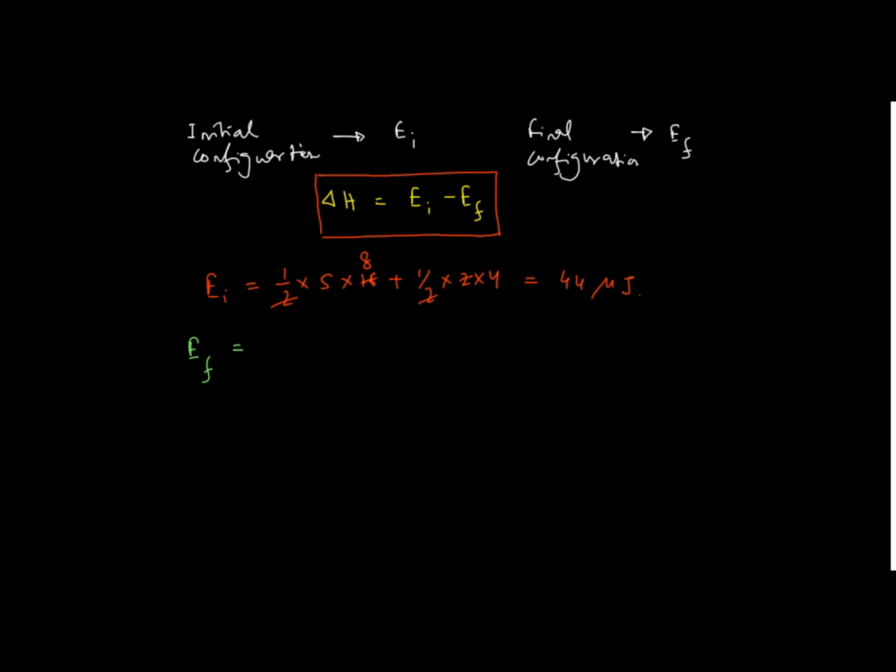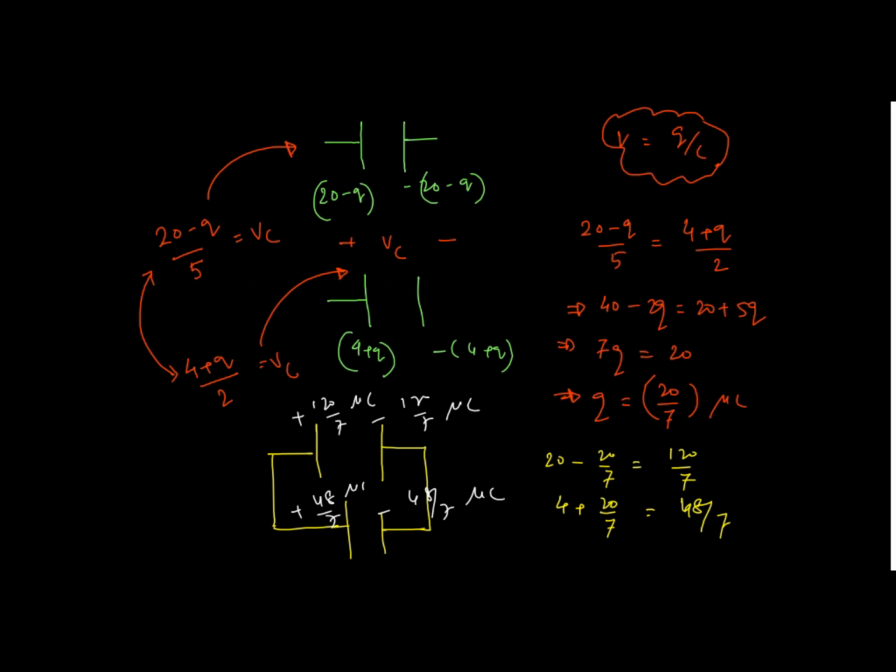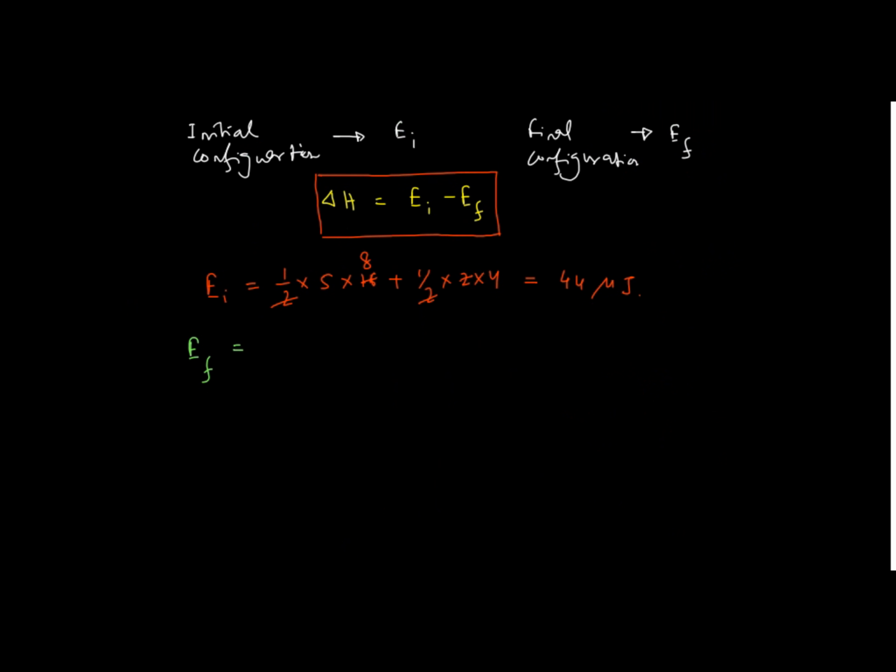Okay, and finally they have reached a common potential. I can calculate the value of the common potential also, since I got the charges. So with the help of charge I can calculate now, because on this plate it is 120 by 7 and this is 48 by 7. So the formula, if I apply, Q square by 2C, so I'll write